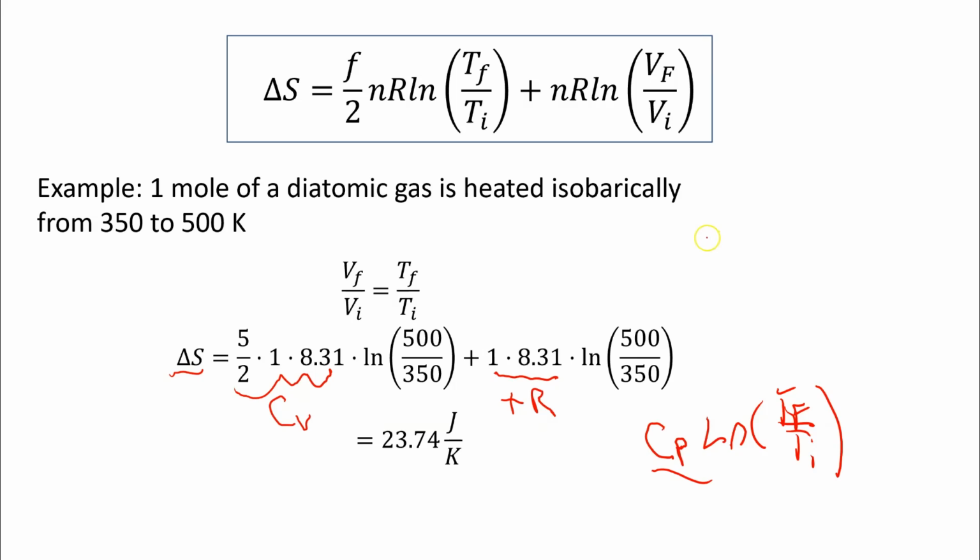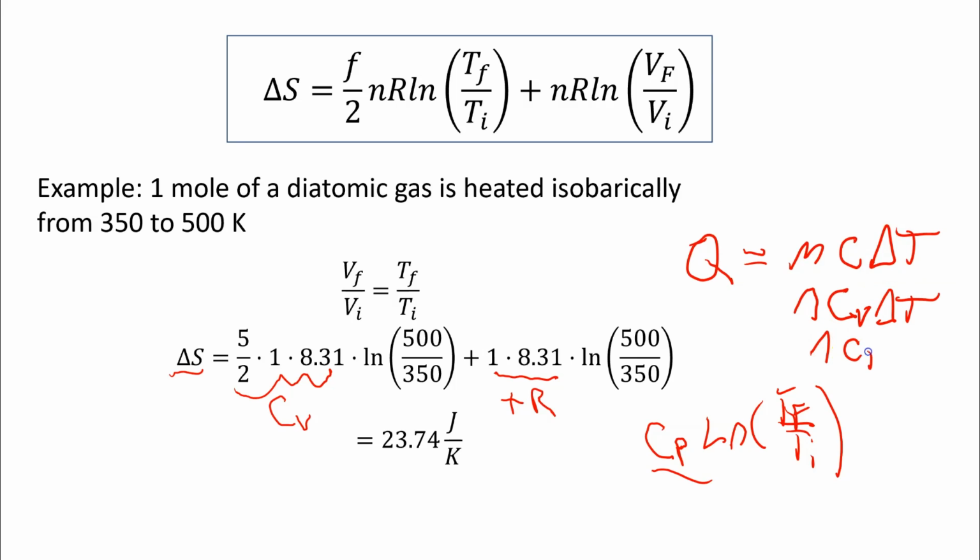And you might say, wait a minute, we've been using ideal gases the whole time, but could we do this with solids? Like, we know that for a solid, if you add heat to it, you see a corresponding increase of MC delta T, or you could talk about moles for a solid as well, nCV delta T, or nCP delta T. Let's apply our definition of entropy to a solid and just see what happens.